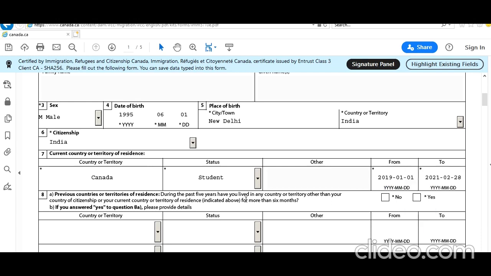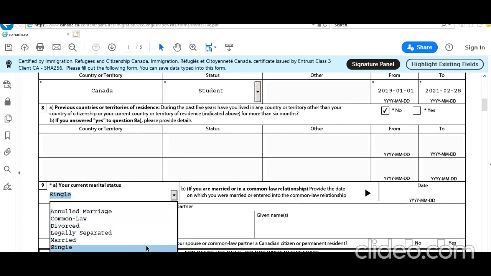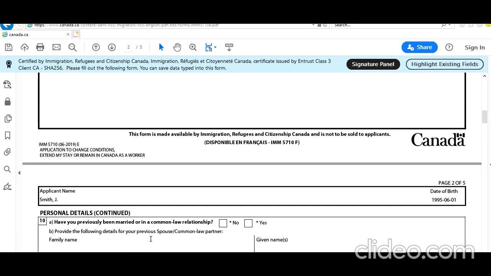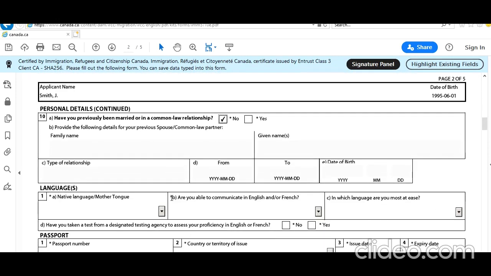Previous country: during the past year, have you lived in any country or territory other than your current country of citizenship or your current country or territory of residence? Let's say no, whatever is applicable. Your current marital status, let's say he is single, never married. Have you previously been married? No. Languages: because he is from India, let's assume his native language is Hindi.